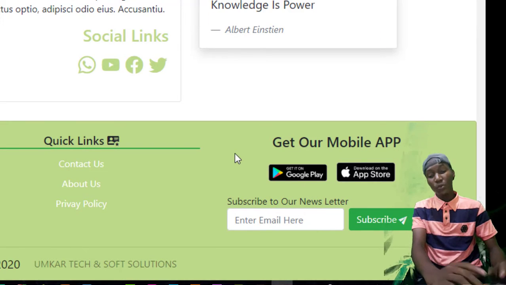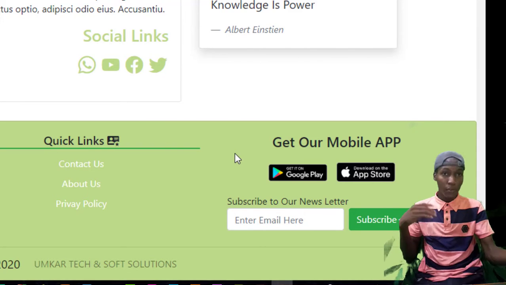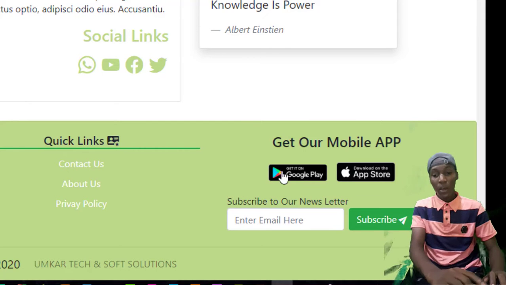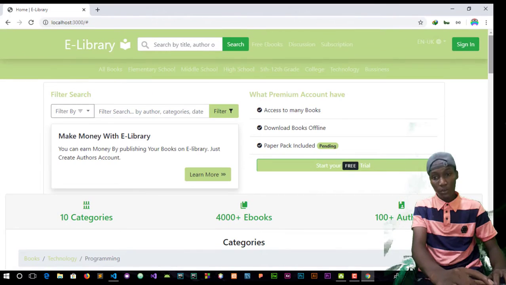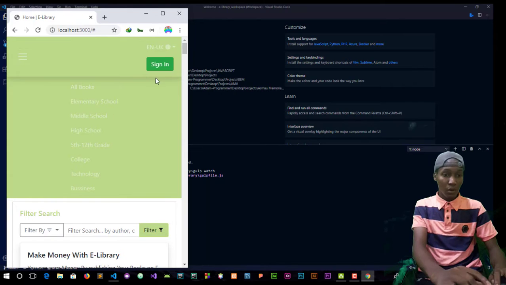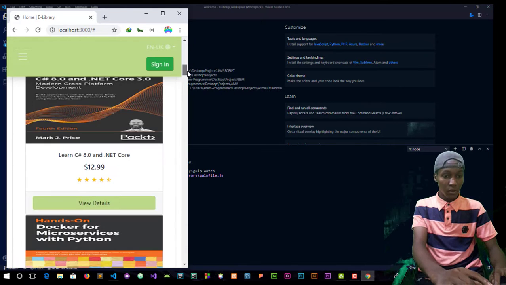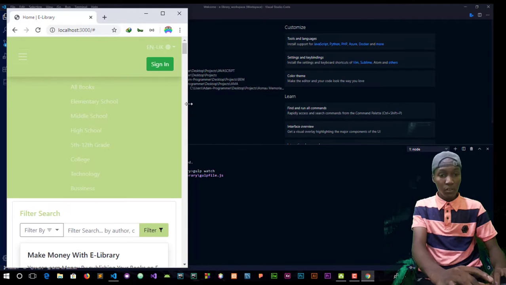And as you all know, we are going to convert this project to a mobile app, iPhone or Android application. I don't know what framework we are going to use, but if the user clicks on this link, it's going to take them to Google Play or App Store to download our application. So I try to make this website very responsive. Since I use Bootstrap, it must be responsive. As you can see, it is responsive. The user can go and scroll down. So this is just the home page.